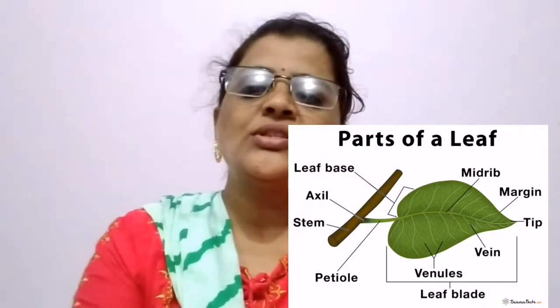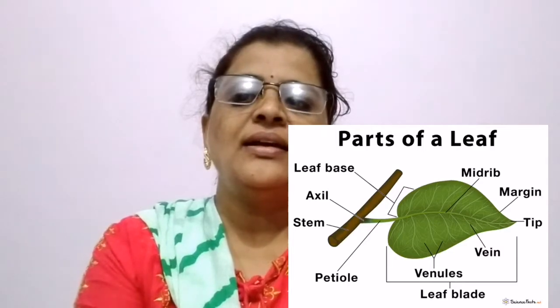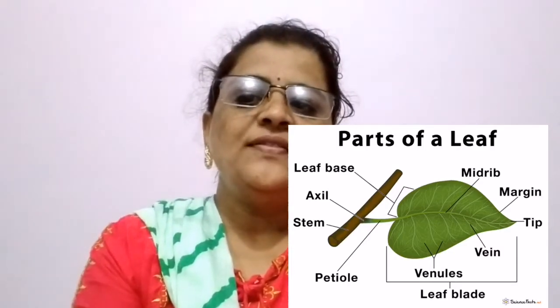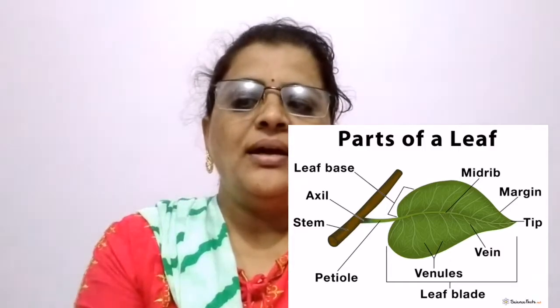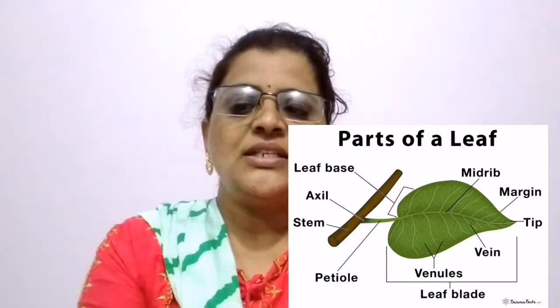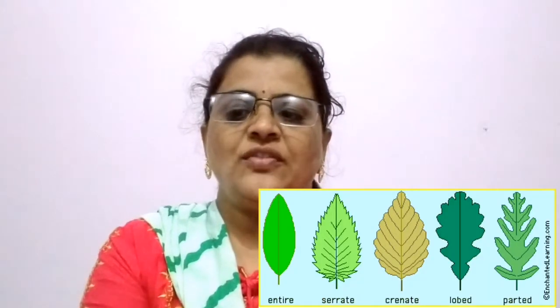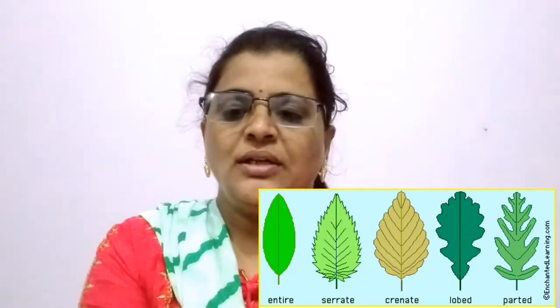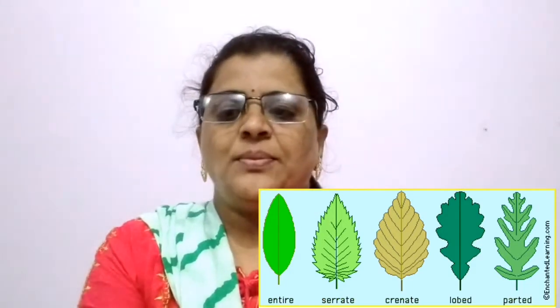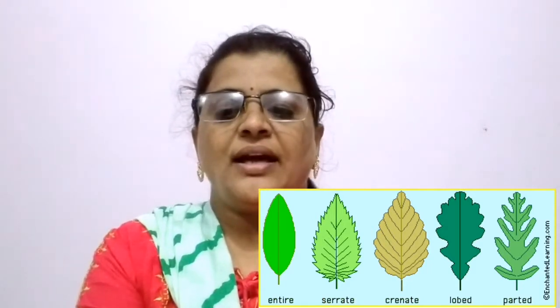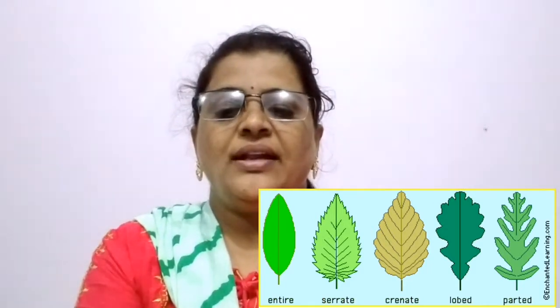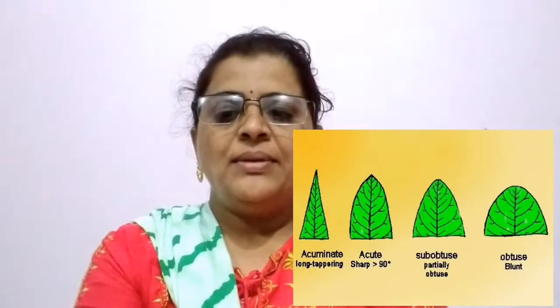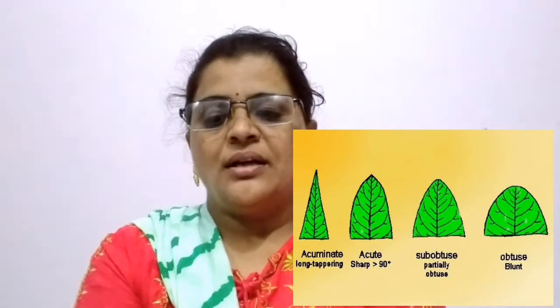Leaves grow from nodes. Generally, a leaf is flat and green in color. The broad spread out part of the leaf is called leaf blade or lamina. Its edges are called leaf margin. There are three types of leaf margin: entire, dentate and lobed. You can see on our screen which type of margin is called entire margin, dentate margin and lobed margin. The tip of the leaf is called leaf apex. It may be tapering, pointed or round.